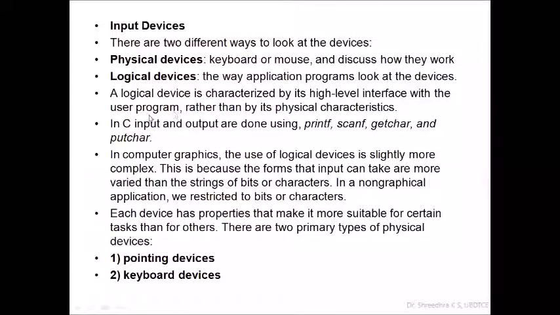Just an example: in C, input and output are done using printf and scanf, getchar and putchar. These are the functions through which you take your input and output to the screen. If you use cin in C++ and take the data, the question is whether the data is coming from the input keyboard or from a file. So based on the corresponding standard buffers which are allocated to these various functions, it is used in order to catch this.